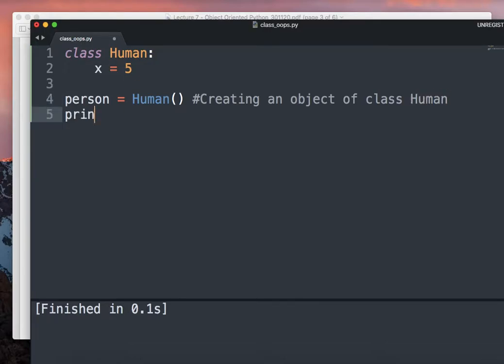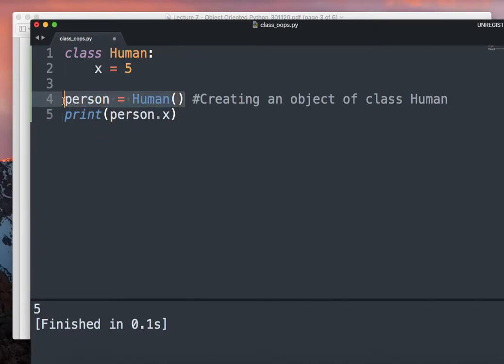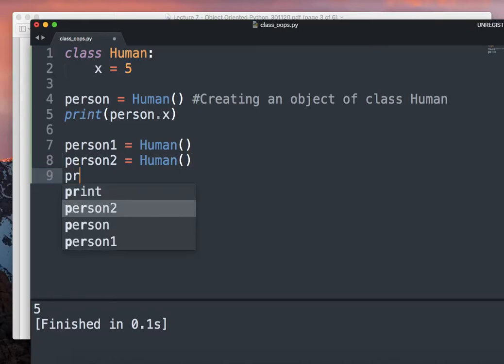And if I try to print person dot x, what will happen? The 5 is printed, and I can create as many persons as I want. So I can say person 1 and person 2, right? So I can print it.